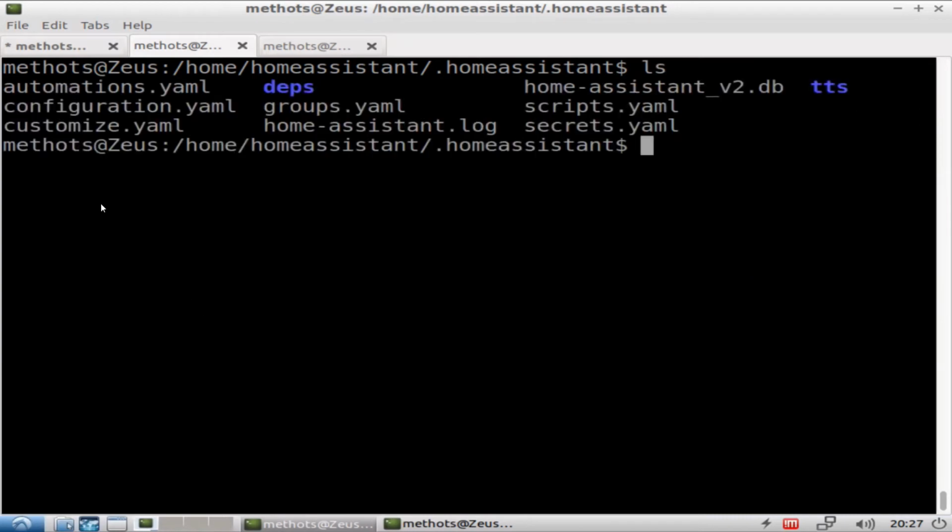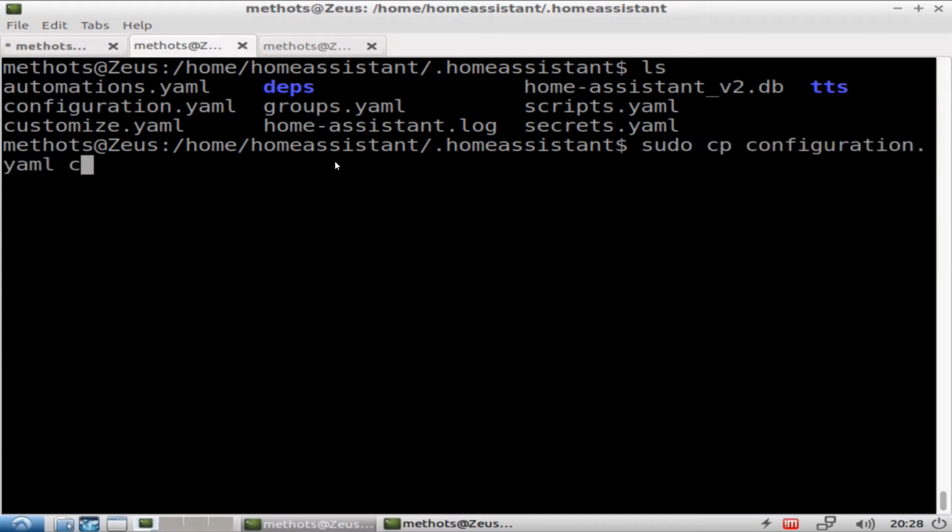So the next thing you should do is have a look at the home directory. You can see that when you're going to start customizing things and changing things, you'll see that there's a bunch of .yaml files in the directory, and those are the configuration files that you're going to be playing with. First thing you should do before you change anything is you should make a backup of these files. You just use the cp command and the file name you want to back up,